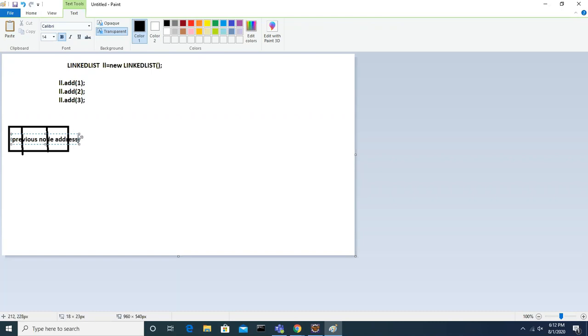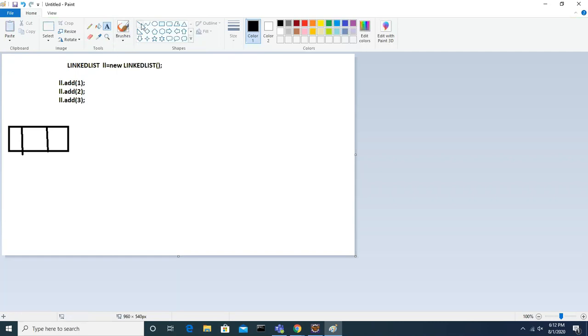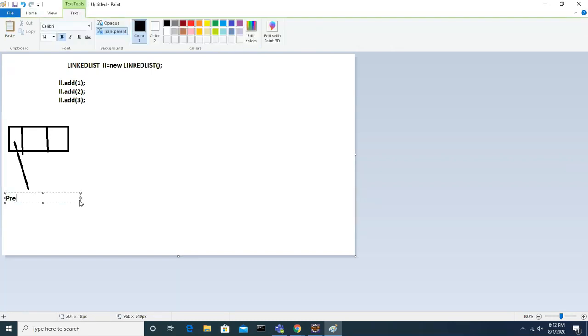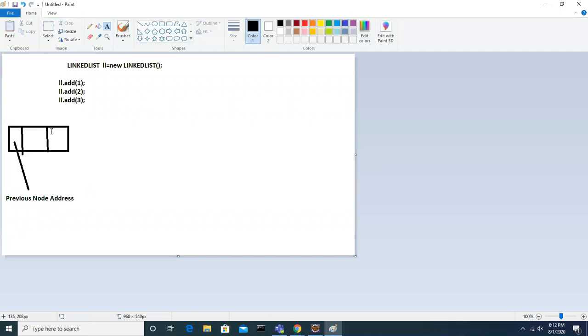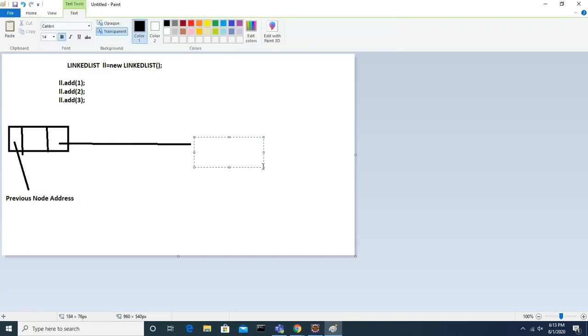This part is going to represent the previous node address, and this part is going to represent the next node address.